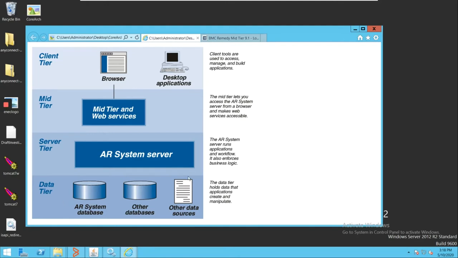So BMC Remedy is divided into these four tiers, where the first is the client tier. Client tier is where we have all the desktop applications like user tool, BMC mid tier, or any other client tool through which we connect to Remedy. The second is the mid tier. Mid tier is basically a web server which is deployed on a particular web server, and it helps us in accessing the application from